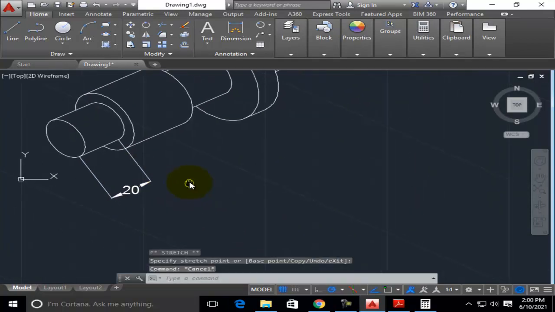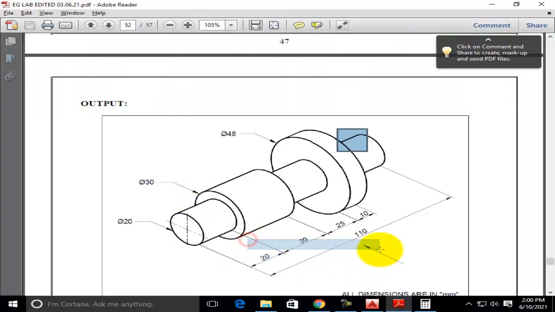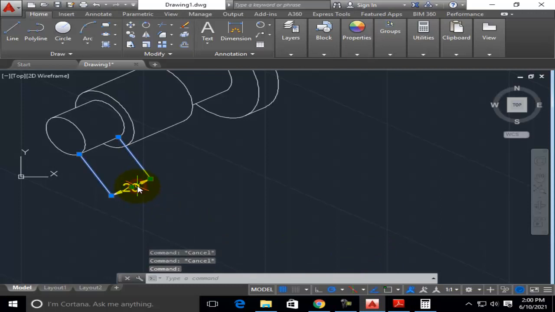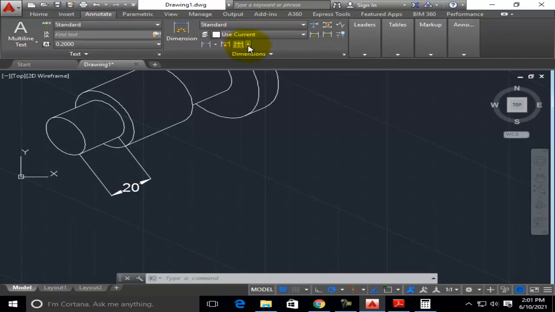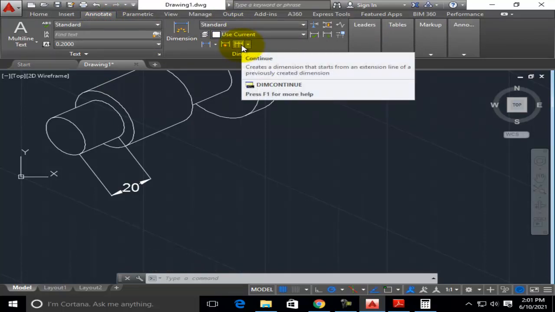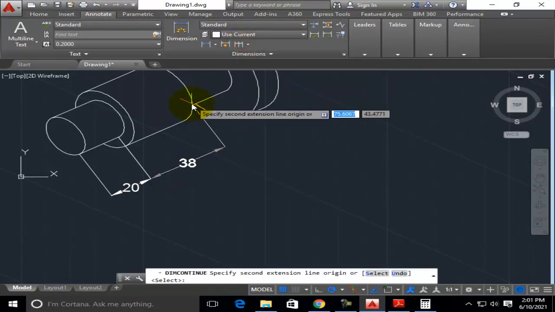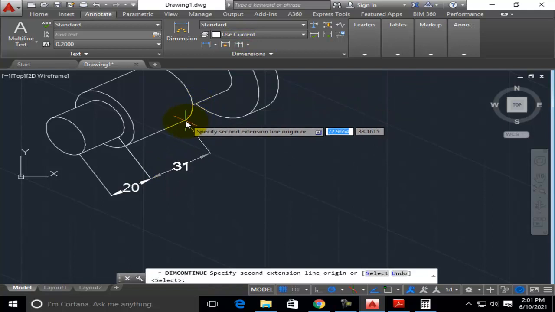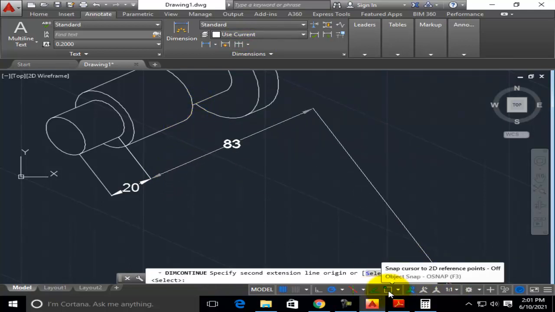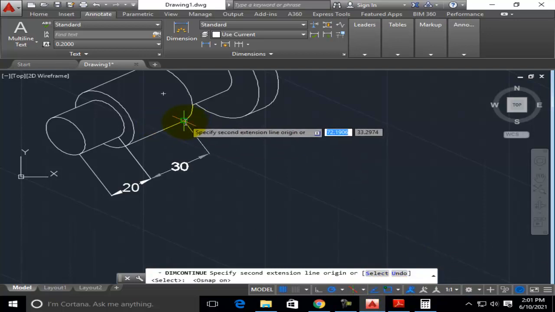Now you can check over here. You have to recreate the dimensioning that is given in the question. First you have to draw this line in this way. Now again in the annotate option, you will have a continue dimension. Also you have to switch on the snap object option.